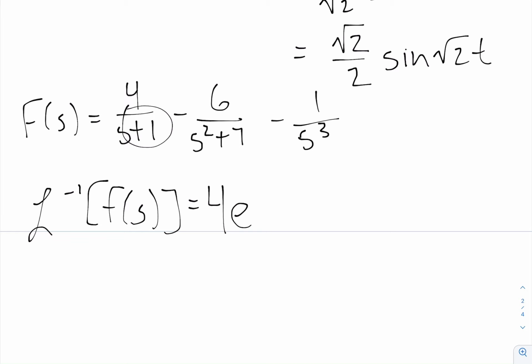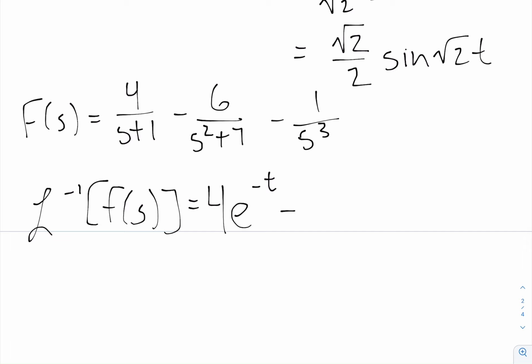If this is plus 1, it's usually 1 over s minus lambda, so this must mean lambda is negative 1, right? Because s minus negative 1 is just s plus 1, which is what we have. So lambda is negative 1. We factor out the 4, so e to the negative 1 times t, so e to the negative t,